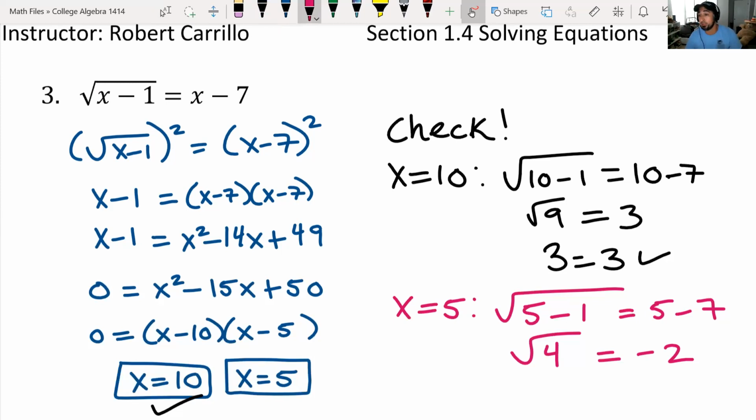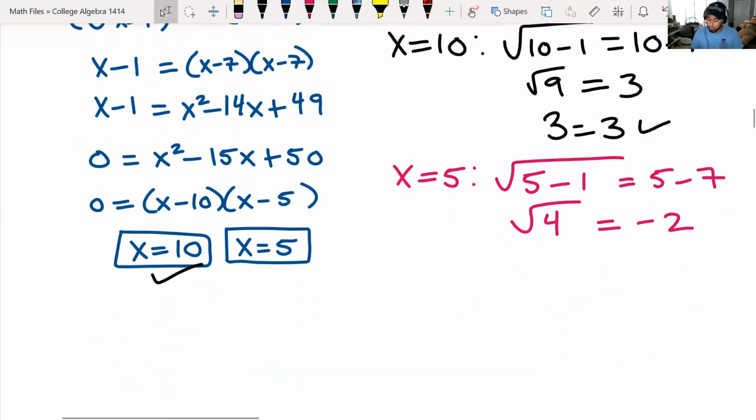And that answer is no, right? So right off the bat, we know this is wrong, but like before, you can keep going and you'll have 2 equals negative 2, which is definitely not true, which means 5 does not work,